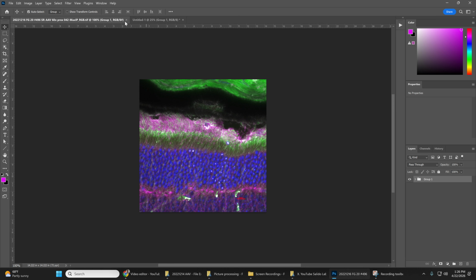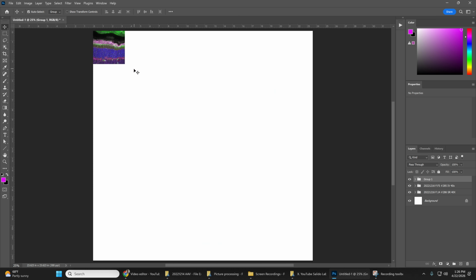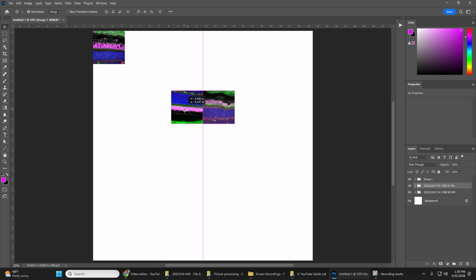So now we're going to have in this one 3 files with each, all of them should have their own name. And if we in the select, we have group, not layer. As a group, we can move them by folder and organize in some way that it is good for us.